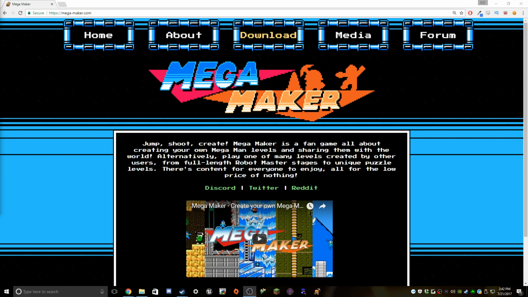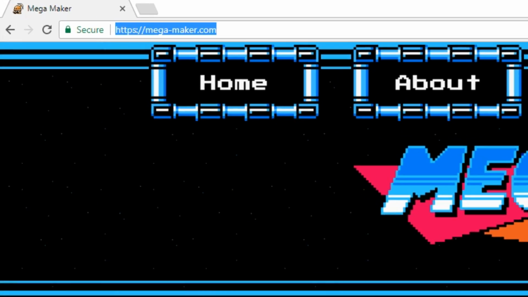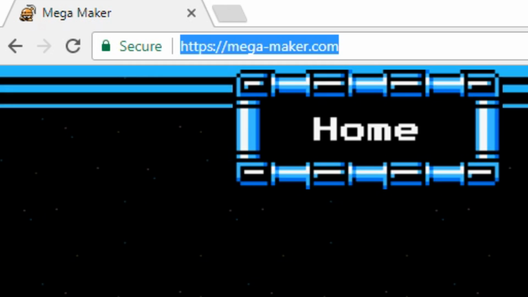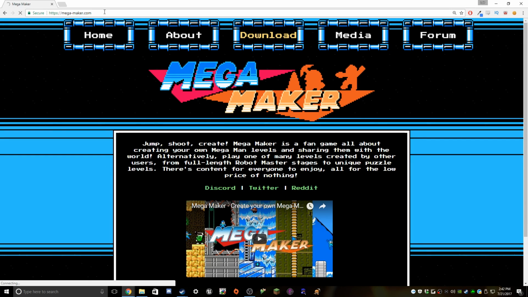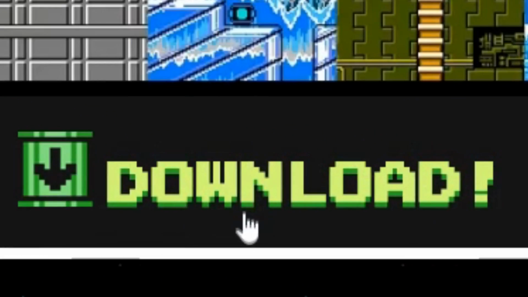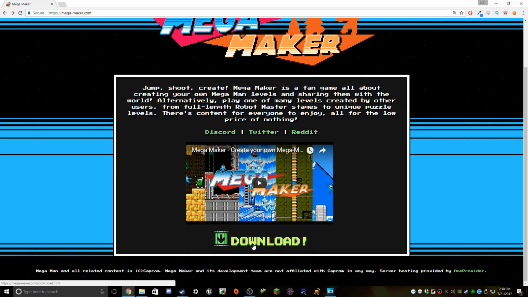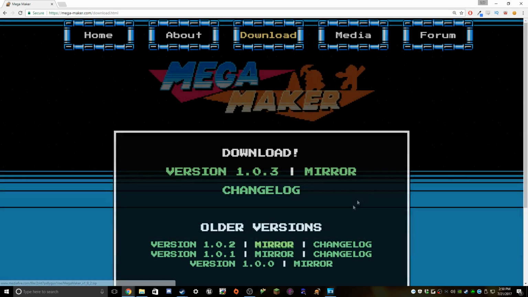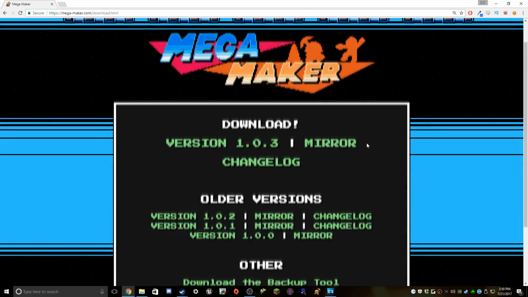But starting out first with Windows, you're going to go to mega-maker.com. Right here, that is the official Mega Maker site. Don't download Mega Maker from any other site other than mega-maker.com. Once you're at mega-maker.com, all you have to do is scroll down and click download right here at the bottom. So once you click download right here, you'll be taken to a download page